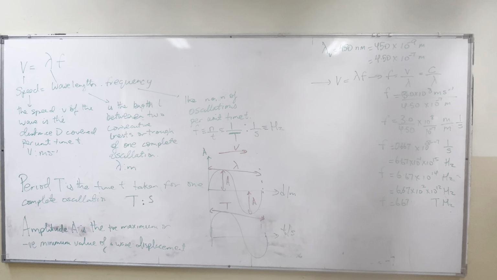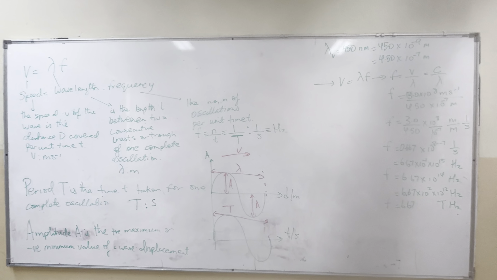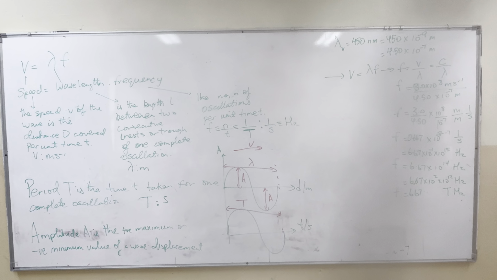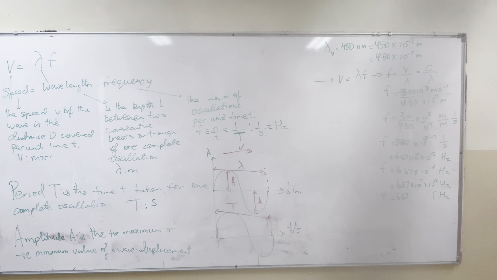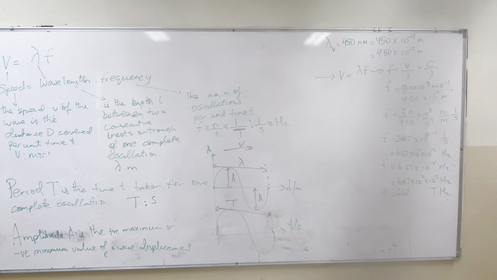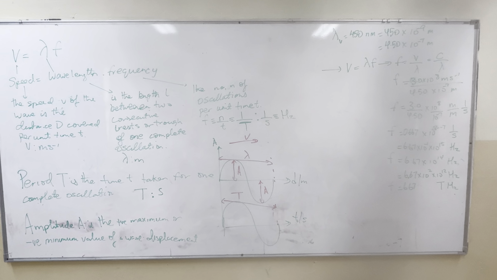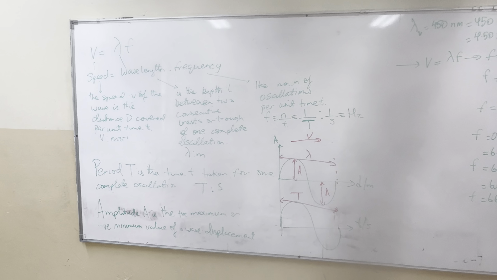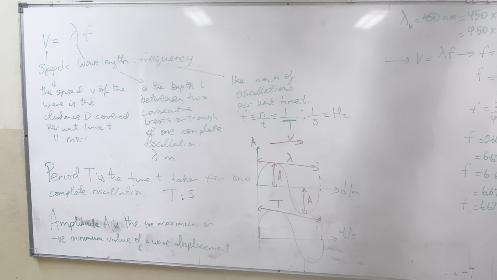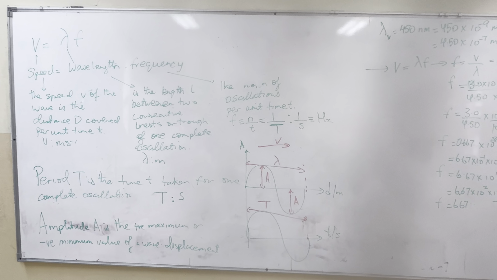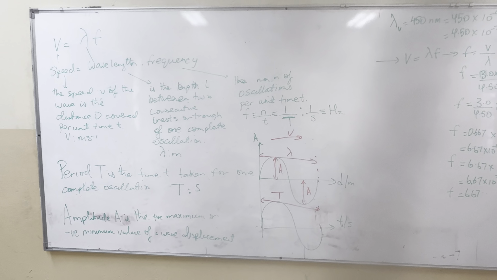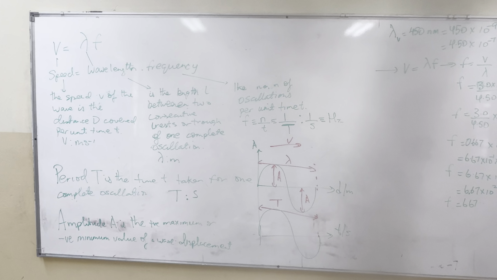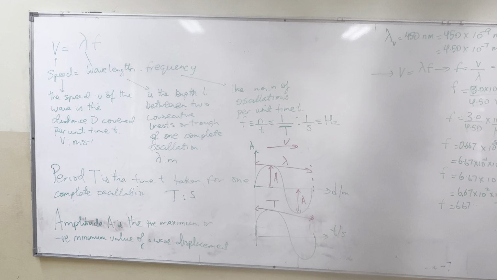Form 3 waves. This is the wave equation, v equals lambda f. The speed is equal to the wavelength multiplied by the frequency. So we have the definition of the speed, the definition of wavelength, and the definition of frequency. We can see that the unit of speed is meters per second, the unit of wavelength is meters, and